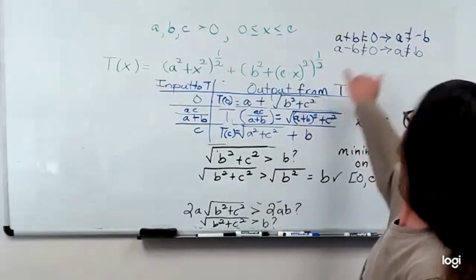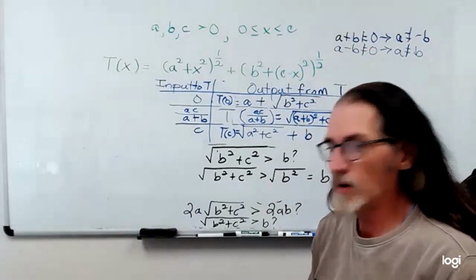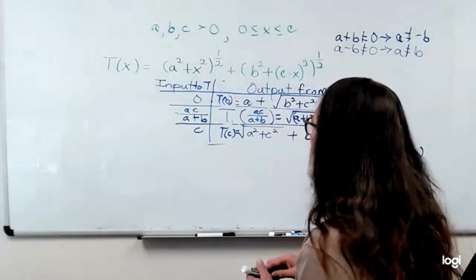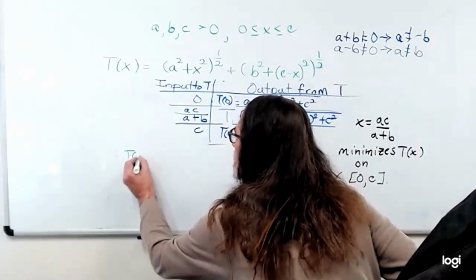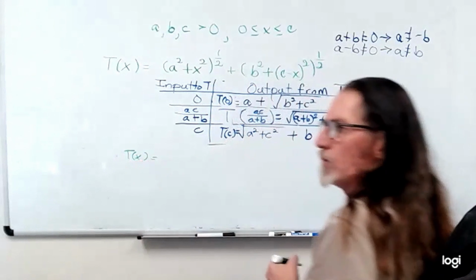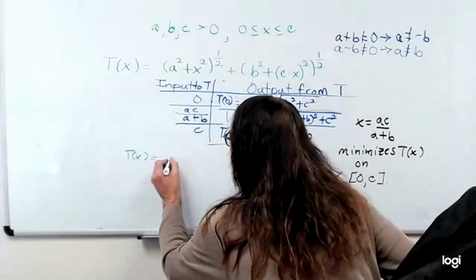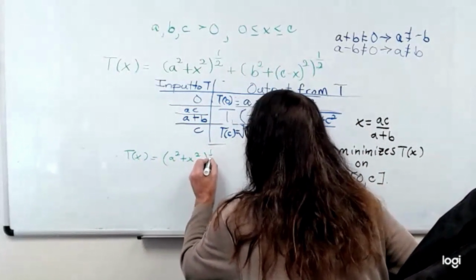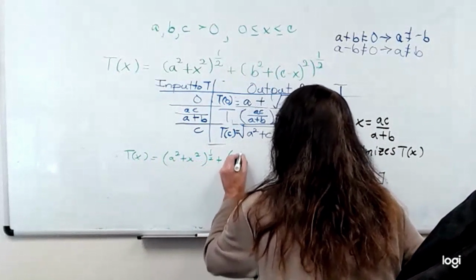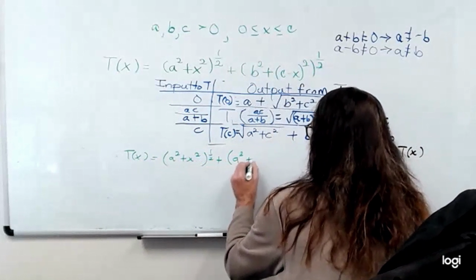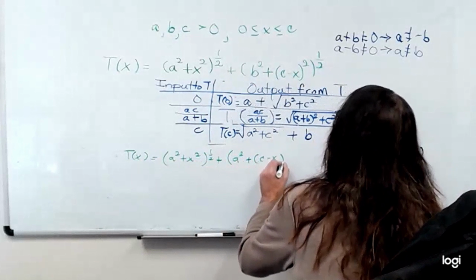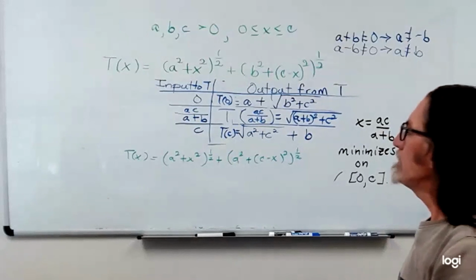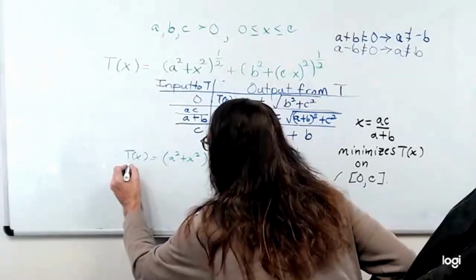What about if a had been equal to b, though? If a is equal to b, if the two poles are of the same height, then the function t becomes that, with this as the derivative,